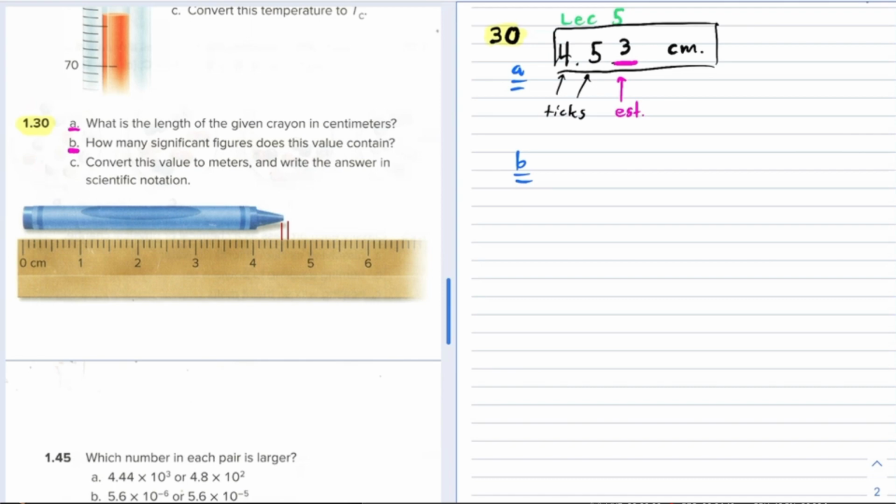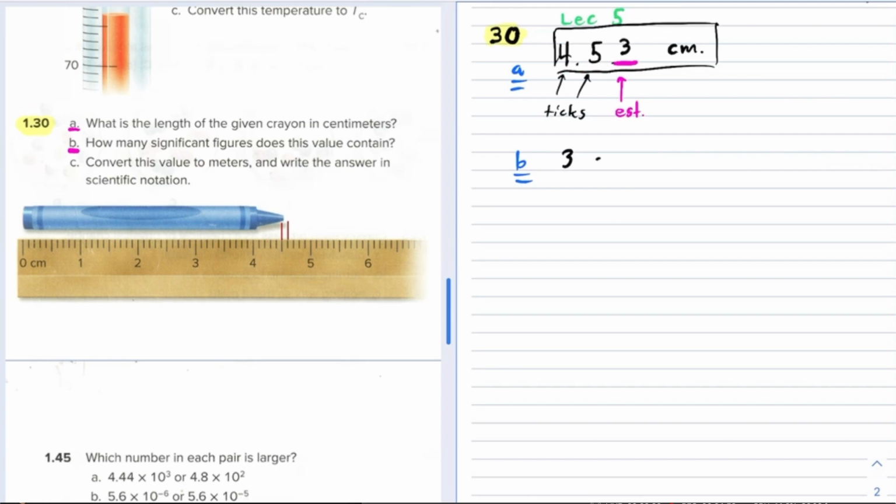Now, once you have the measurement, you can count sig figs. It's basically looking at your measurement right here. You're looking at all the numbers. Starting from left to right, here's the first number in the measurement, and here's the last number in the measurement. So this is 1, 2, 3 sig figs. That's how you count sig figs. When you're reading a measurement, you read it from left to right. Here's the first number, and here's the last number, and that spans 3 positions. 1, 2, 3. This is a 3 sig fig